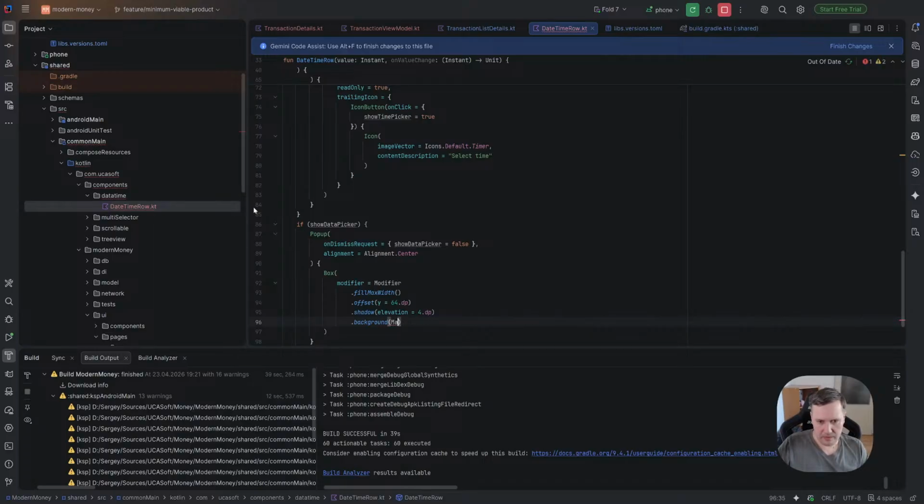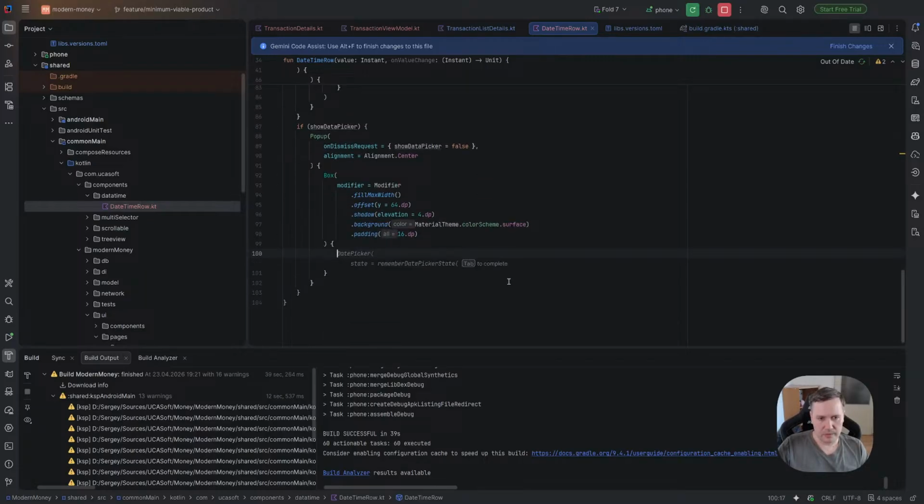surface, so like we use material theme, color schema, surface. Yes, thank you. And finally we need padding, but let's use 16, not 8. Okay, good. And inside it, yes, we need date picker, remember state,